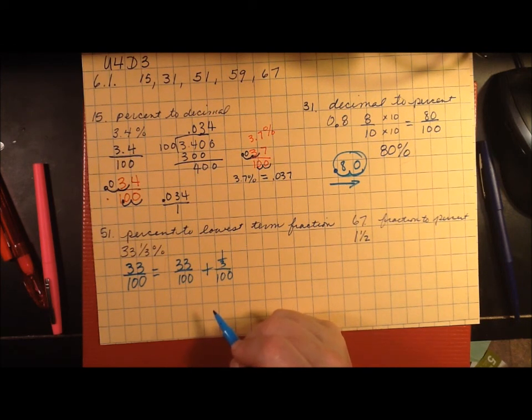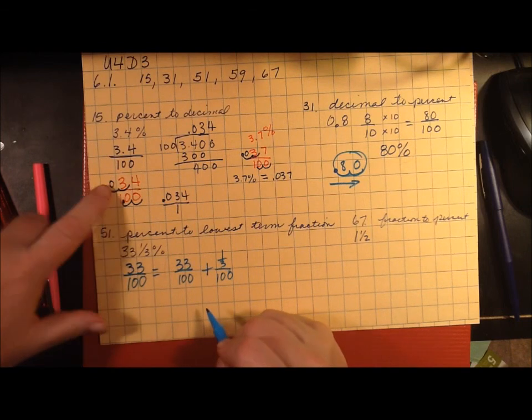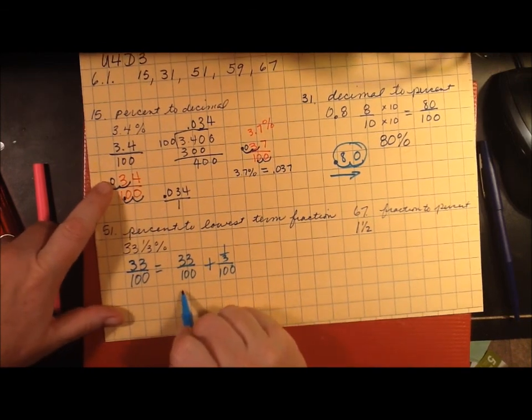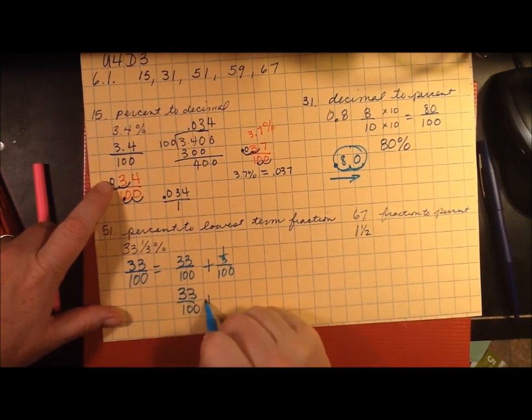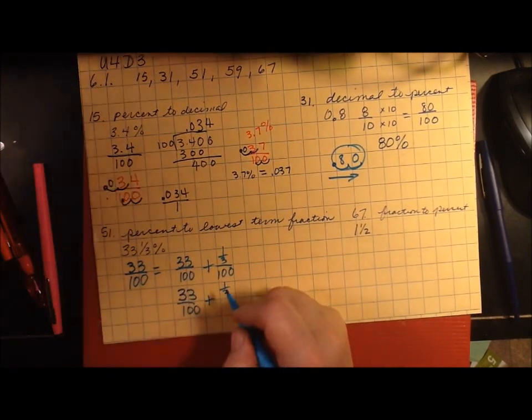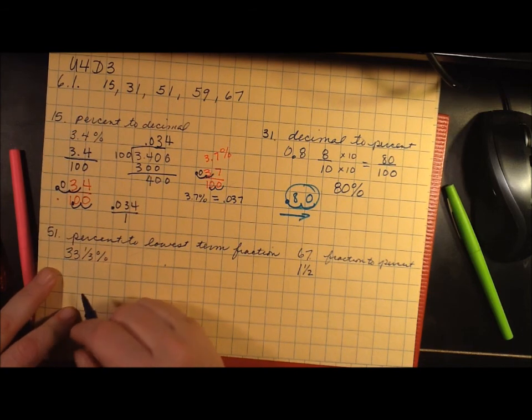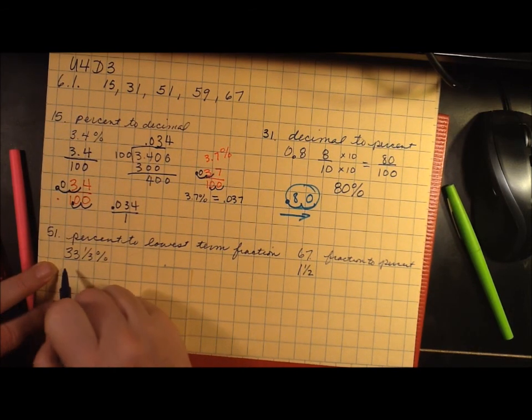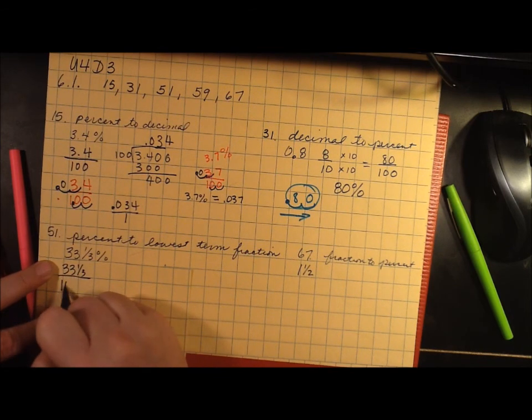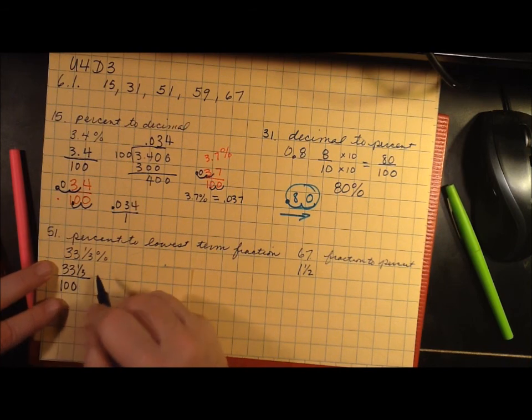I'm sure there's an easier way to do this. Here's 33 1/3%. Well, I know that that's 33 1/3 over 100, which is kind of ucky looking, so